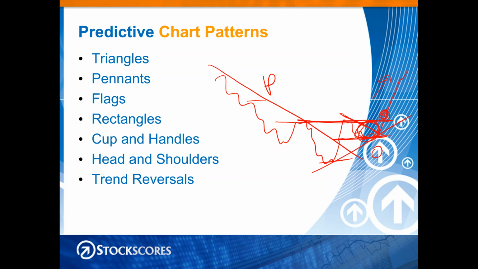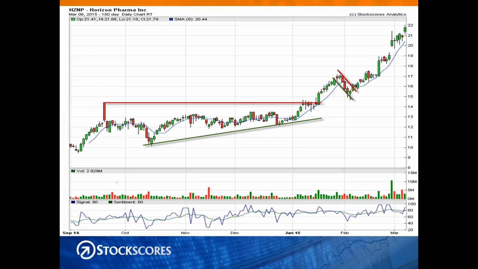I'm not going to spend a ton of time on these individual patterns because they are explained in a foundation lesson. What's important though is to understand what's behind them. So let's look at some examples and just see these patterns. Okay, so this is an ascending triangle. I drew a line across these inflection point tops, and I drew a line across these inflection point bottoms, and you can see that volatility is converging, diminishing over time, and the bottoms are rising, so you have optimism, and you're breaking through resistance right there.